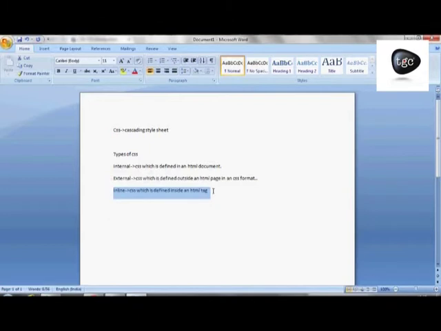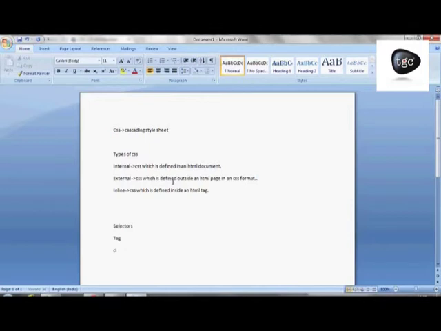Okay, so if you want to define the external CSS or internal CSS, you should have knowledge of selectors. There are lots of popular selectors in CSS, but we are only talking about three of them. First we are talking about tag. What is tag? Tag is the type of selector in which we can customize the tag. Suppose I have a paragraph in my web page and I want to give a background color to the paragraph. I just define the P and give the background color, so whatever paragraph comes in the web page, all of it becomes red.